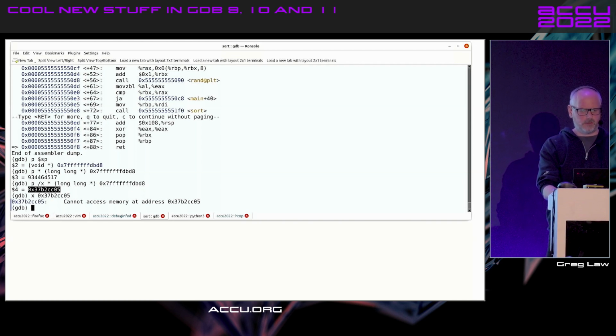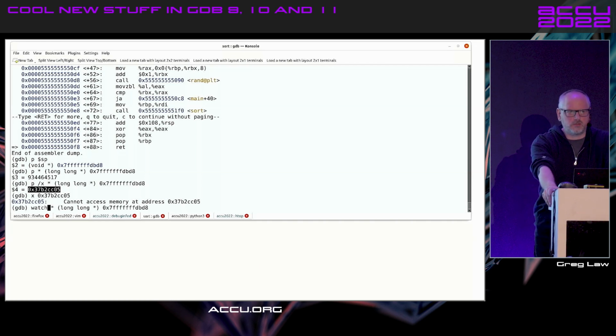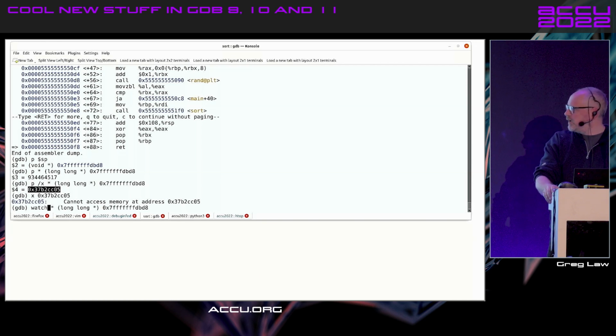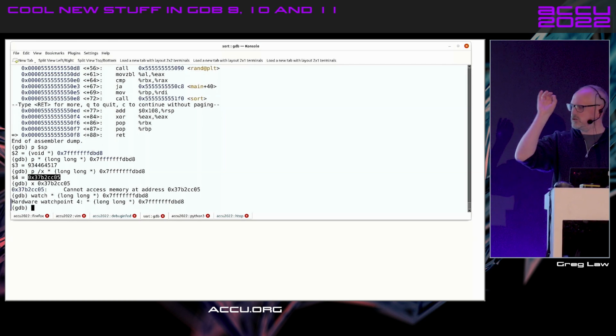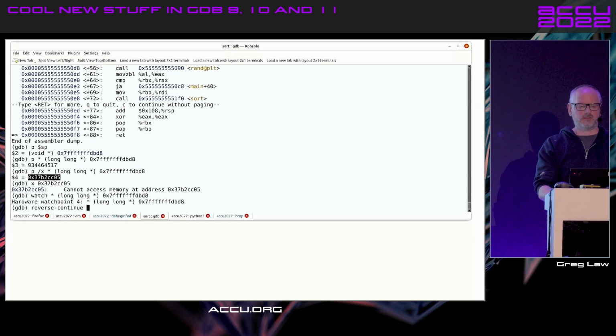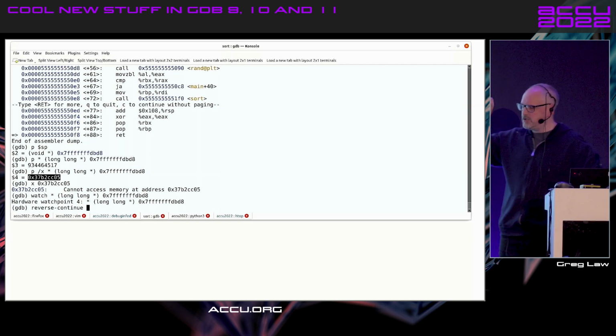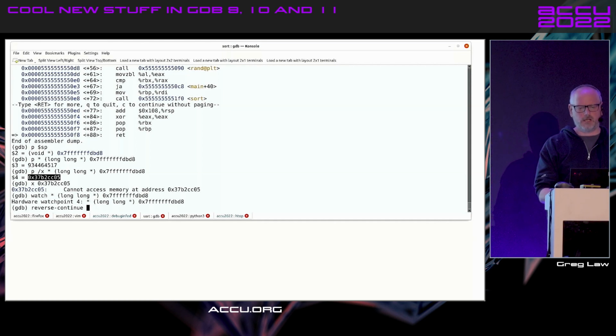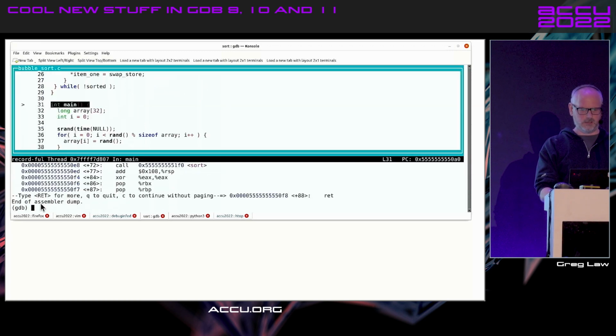And I'm going to put a watch point on that stack address. Who uses watch points? Okay, yeah, half. Watch points are very handy. So you run the program until the data you're watching changes. But they're completely awesome with time travel debugging. So watch that. So I'm now watching the top of the stack, and I reverse continue, and that's like a continue, but it's going to run back in time until that watch point fires, which will be the point that that location of the stack was written to. So reverse continue, and